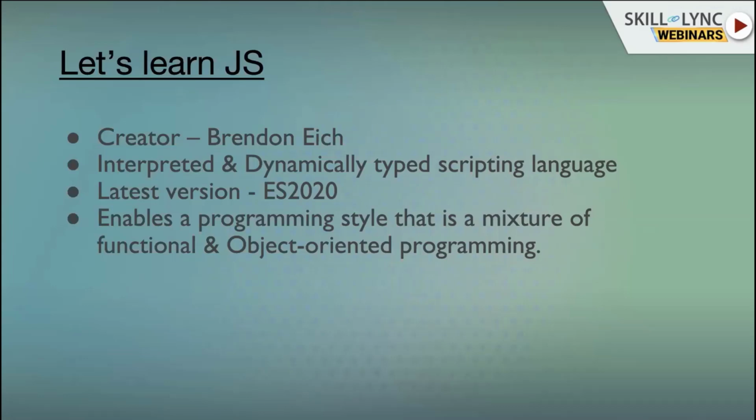And it is a dynamically typed scripting language. That means in C or C++, when you declare a variable of a particular type, throughout the program that variable will be of that type only. But in JavaScript it is a little bit flexible, so you can store any type of data in the same variable. That works in two ways. One way it is advantageous, another way it is tricky, you lose track. So it is easy as well as tough. When you get more practice, it becomes easier.